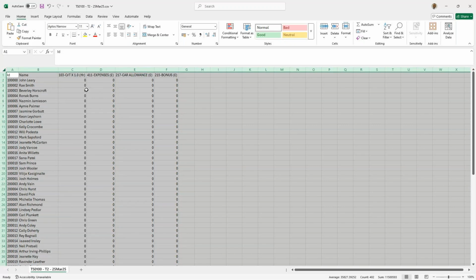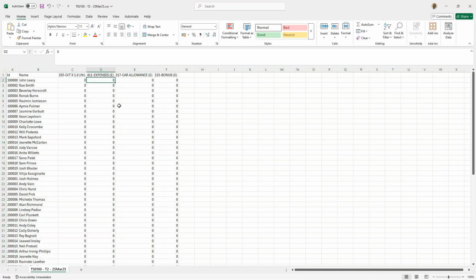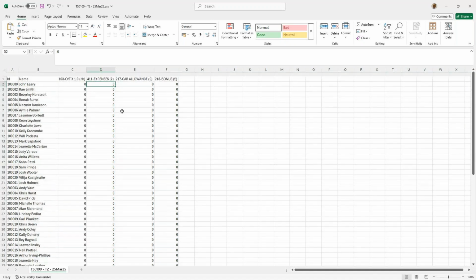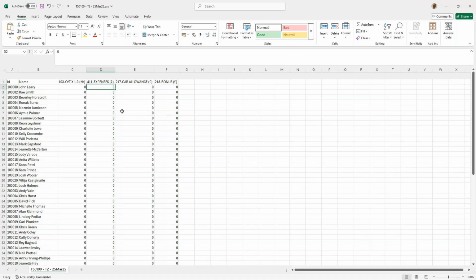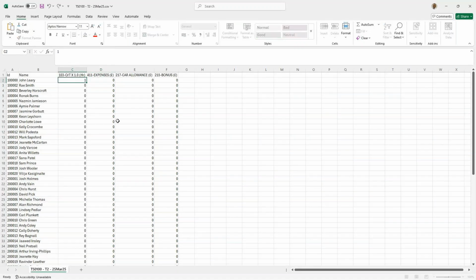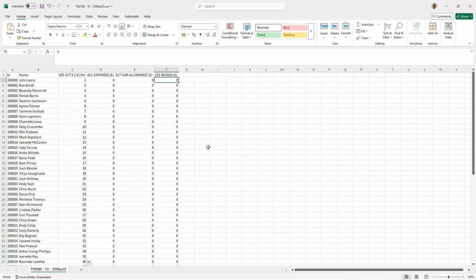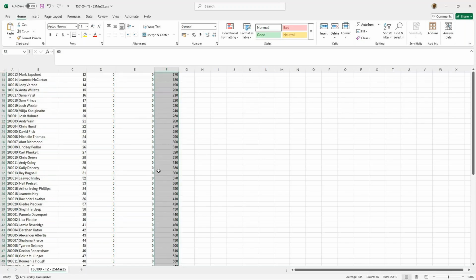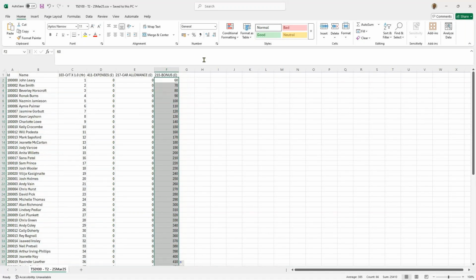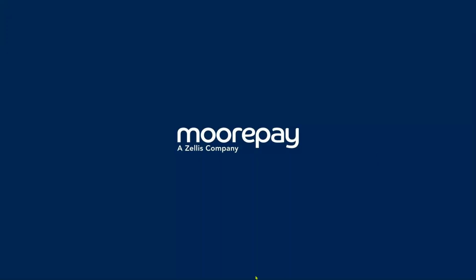Now, depending on your knowledge of Excel, you can do stuff like VLOOKUP or whatever to get the data into the relevant screens. So let's say, for example, I just put some fictitious data in here just so that I can see figures going in. Let's put some bonus of £60, £70. And let me repeat the sequence. Again, just fictitious data so that I can see stuff in there. I'll save this as a CSV, not as a normal Excel file. And then back on the system, if we bring the Moorepay system up,